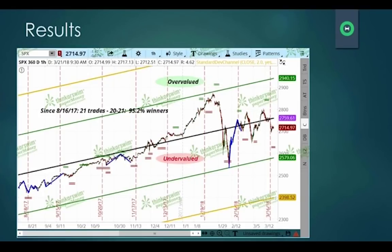In the NBA, the number one free throw shooter is J.J. Redick with the Philadelphia 76ers. He shoots 92.1% of his free throws good. This is 95.2%. I know professional traders that make a living with a little over 50% winners. This is 95.2% winners. And you say, wow,